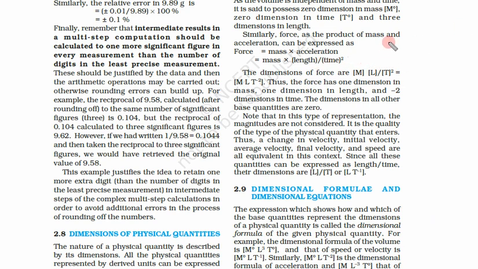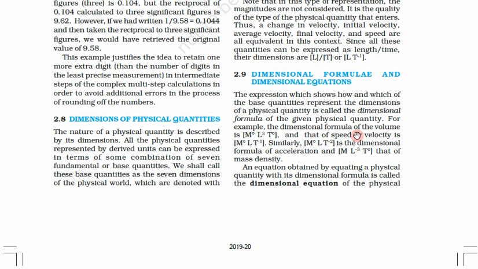So suppose a number is 9.87 and we are multiplying it with some other number. So this has only three significant figures. Suppose this is the least precise number with three significant figures, then we do all the calculation up to the fourth digit, not beyond 4, because that will make the calculation very difficult. But we must hold at least one more digit extra for the precise calculation, and in the end we do the rounding off.